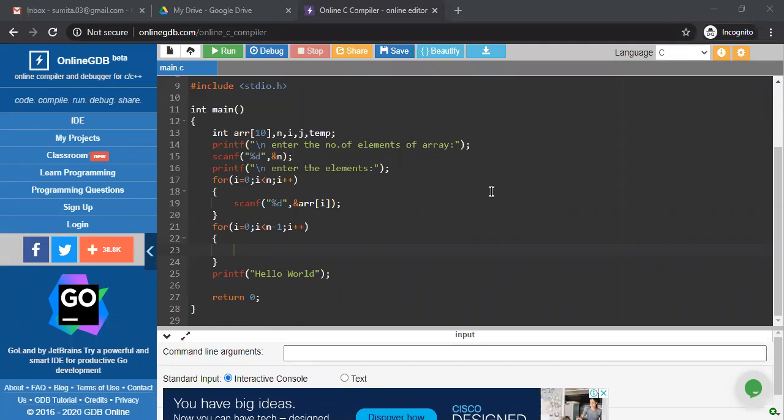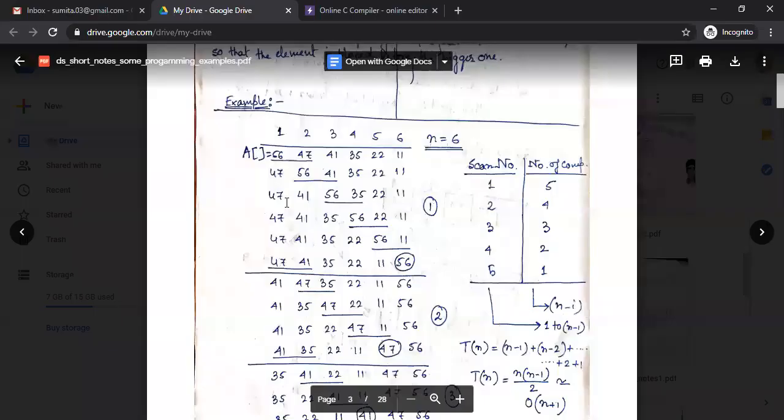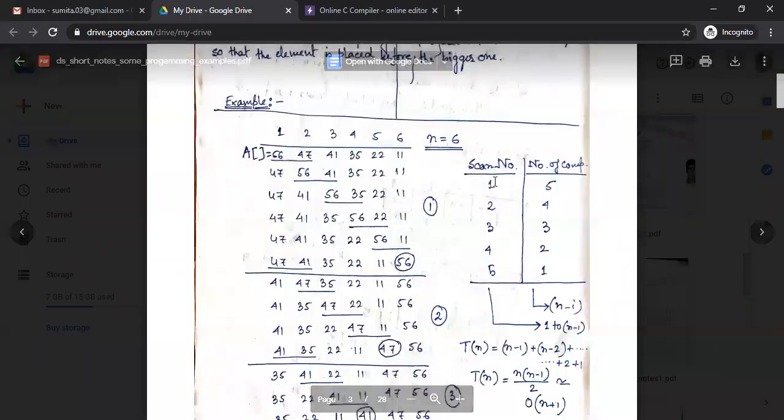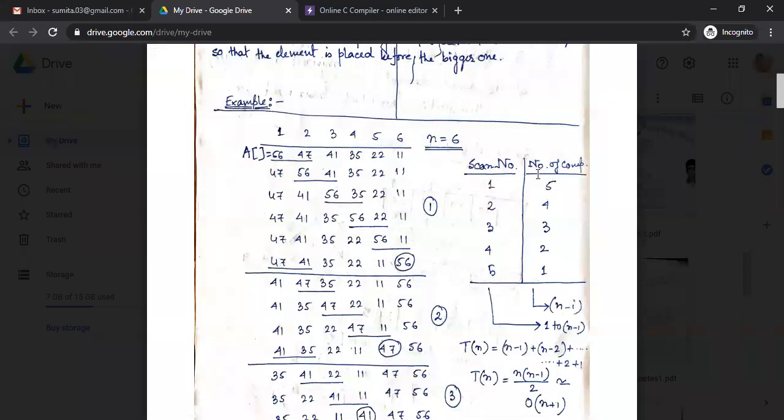Now for that reason, we have to execute the inner loop, because for pass number 1, we require 5 comparisons. See, in the first pass, we need 5 comparisons: 1, 2, 3, 4, 5.